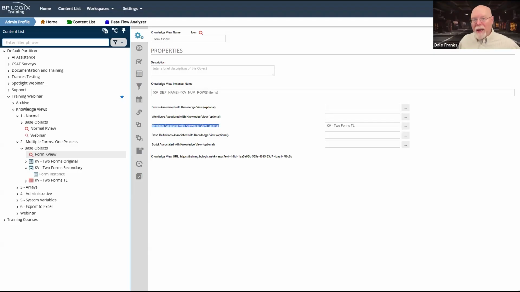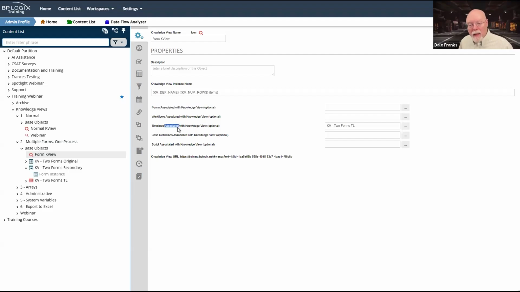Remember, the form is an attachment of the process timeline instance. So if I have multiple forms, or multiple form instances associated with that timeline instance, I can't simply return the forms associated with, because that's only going to allow me to choose one of the two forms that I need to see in my knowledge view.